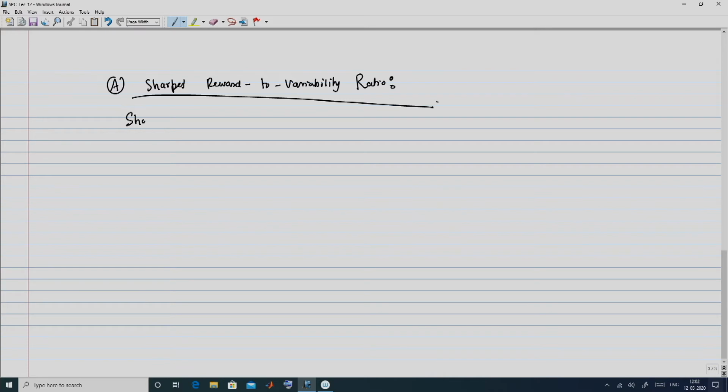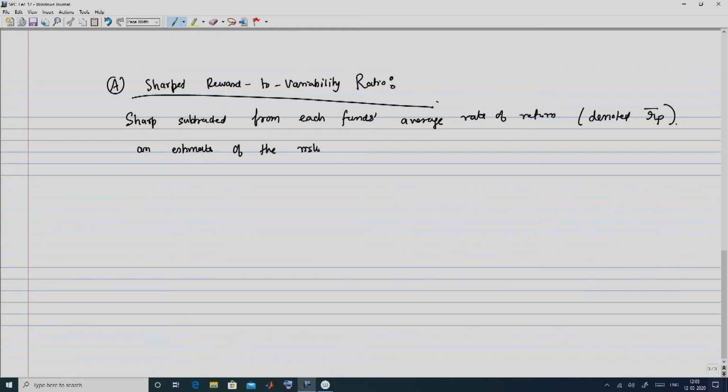Okay, so the motivation for this is that Sharpe subtracted from each fund's average or expected rate of return, denoted by ERP, or in this case we will just write RP bar, the expected return on the portfolio, an estimate of the risk free interest rate, which you have already defined as RF. Now, this difference is called risk premium